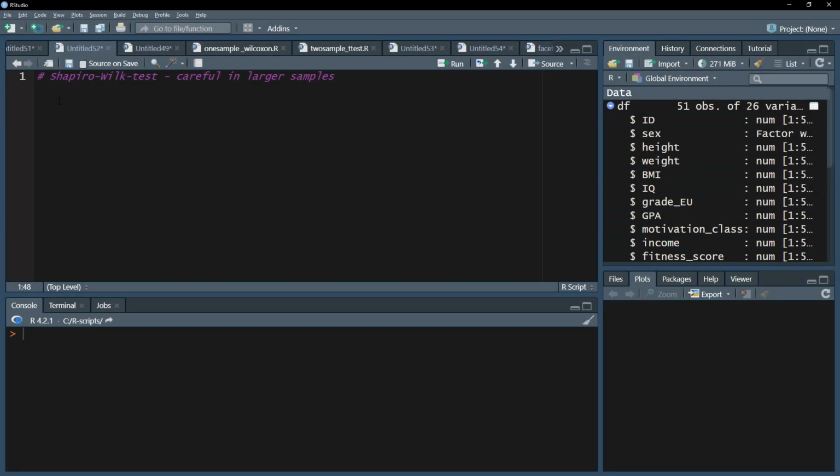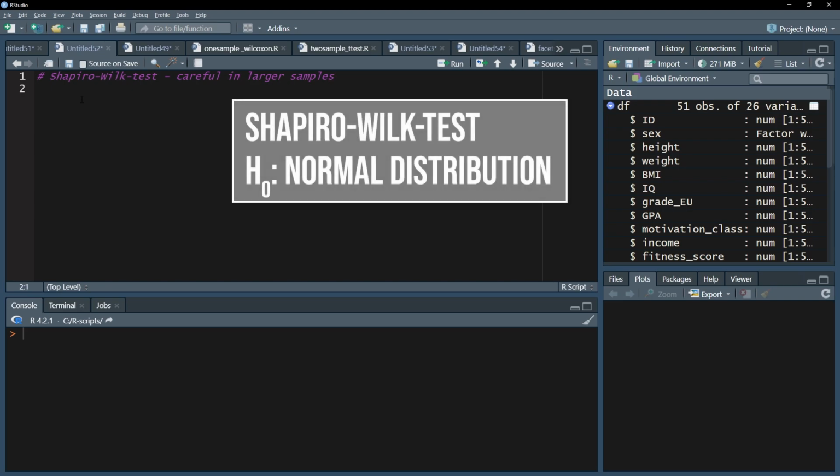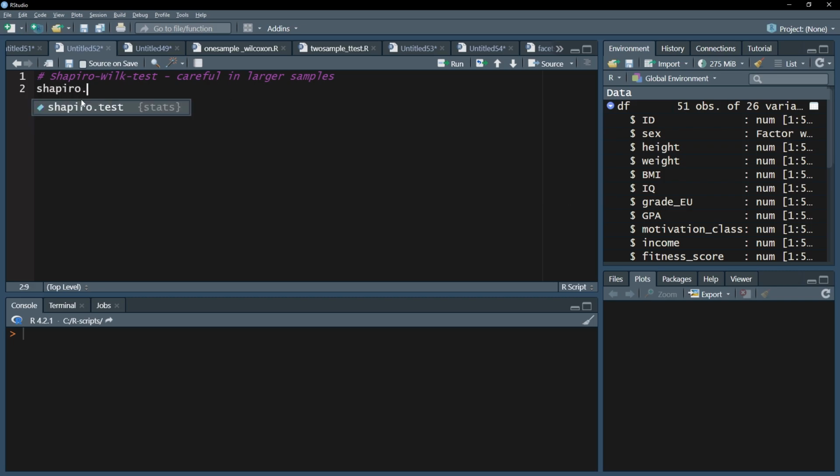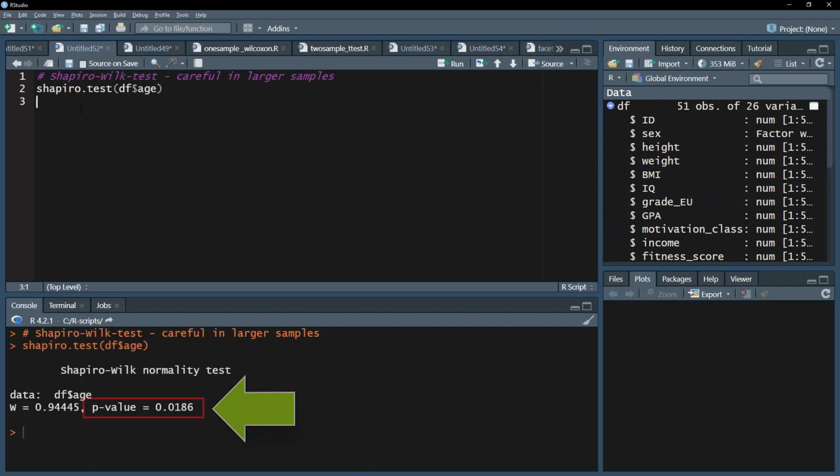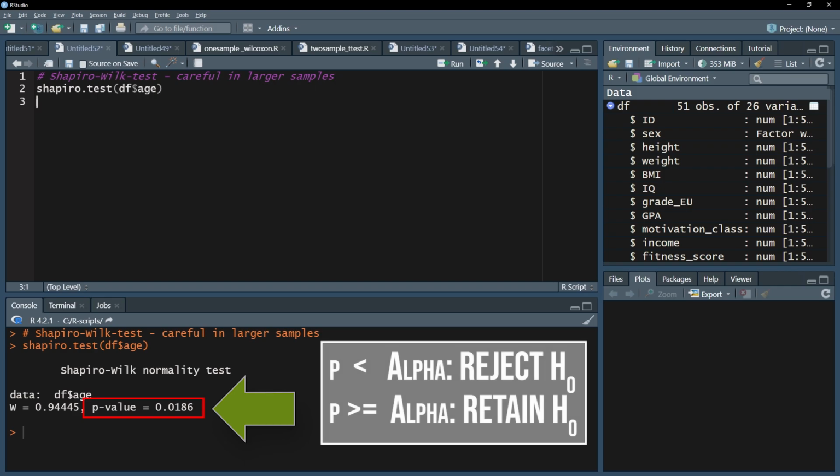First, you can conduct the Shapiro-Wilk test. Its null hypothesis is that the variable being tested is normally distributed. You can use the shapiro.test function in R and within it your test variable, for example, the variable h of my data frame called df. If the p-value is below a predefined threshold, you have to reject the null hypothesis of normal distribution. This is the case for my variable h.